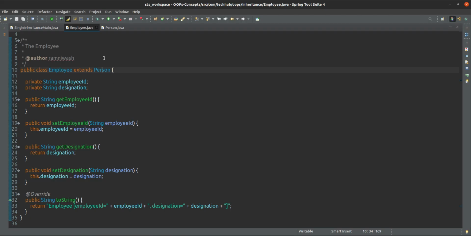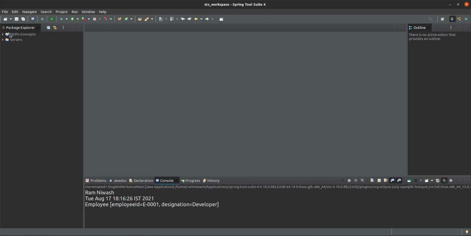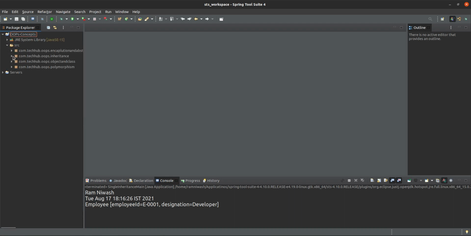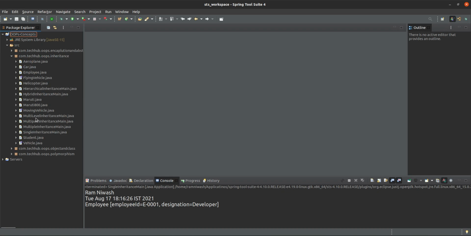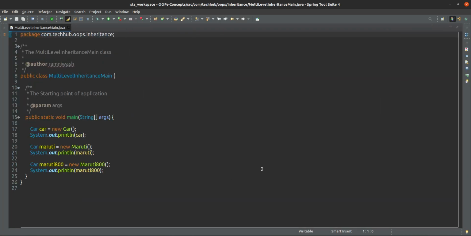If you see the code implementation of multi-level inheritance, can you observe what will be the output? Suppose we have defined one class car.